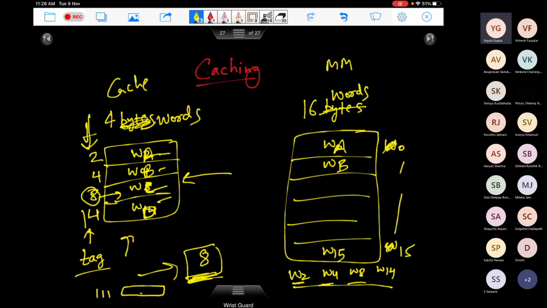Am I making sense? Each location of the cache has some content and an address, which is the address at which that content is there in the main memory. So whenever you have an address, you'll start from top to bottom. You look at that address and then you go to the corresponding main memory if it is not there. Look at the case of a cache miss. It is going to be the worst case: the address is not at all there in the cache. So every time there's a cache miss, you have to check the entire cache. Any idea how we can reduce this effort so that we don't have to look at the entire cache? Can we do something smarter here?